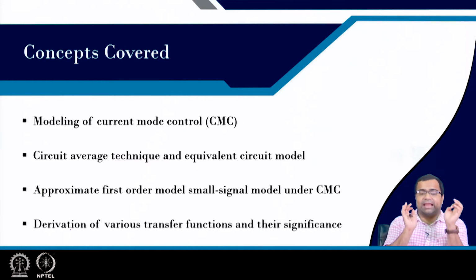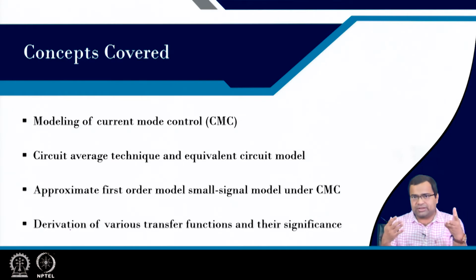Then at the end we want to open up a question, and in the subsequent lecture we will see whether this first order model is really good enough, can we really use it, or where is the limit. So, all this will be covered in the subsequent lecture, but today we will start with the very basic modeling approach.